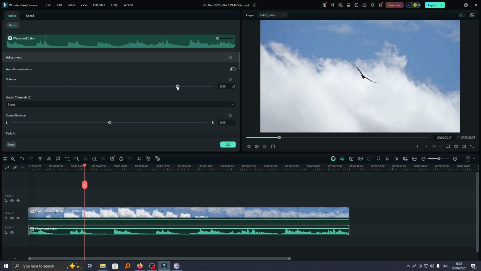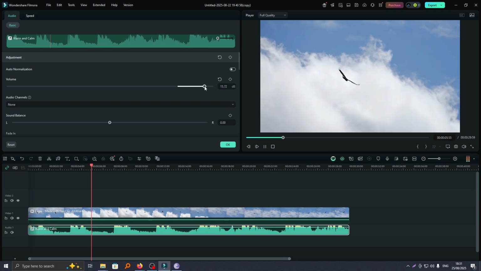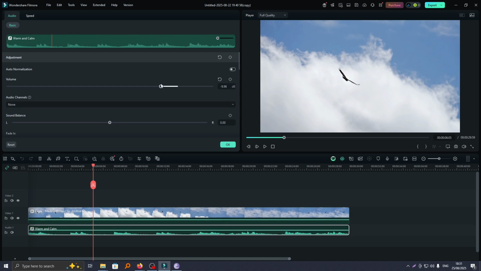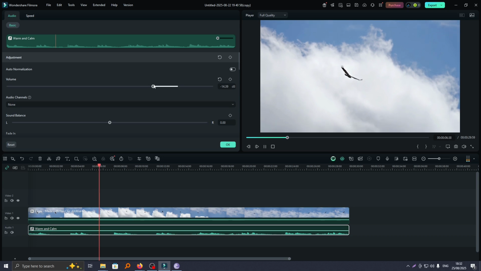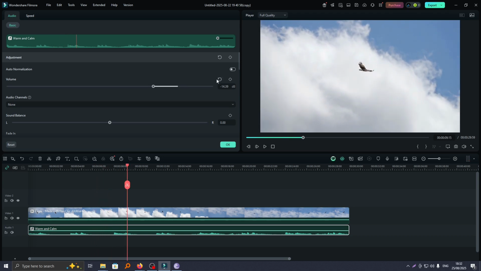Now, this is the current volume, and you can now go ahead and make adjustment on this volume by either increasing it if you move this forward like that, and now if I play it will be much louder, or you can reduce the volume by moving it on the opposite side like this, and you'll hear the volume is almost gone. If you wish to undo the changes, you can just click on this icon and it will undo